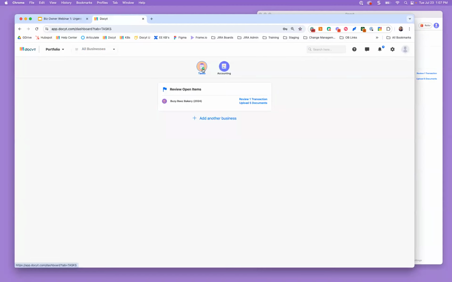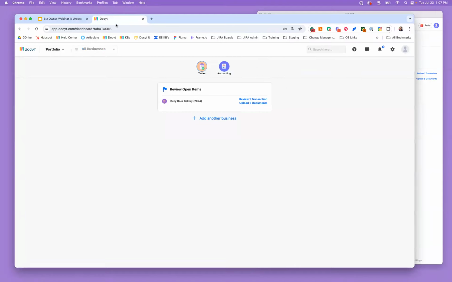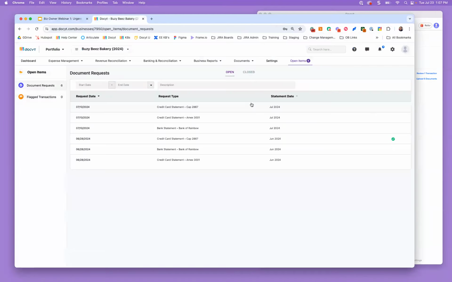So here I am on the tasks dashboard. We can see it here as well on the task dashboard where it says upload 5 documents. It's pretty tiny, so I'm not sure if you can see that. But here we are. Let's click on upload 5 documents. This brings you to the document request section, and this is our list of the documents that you have to